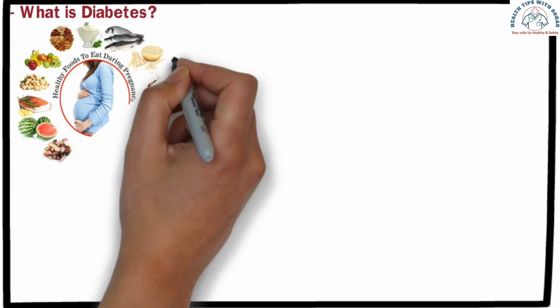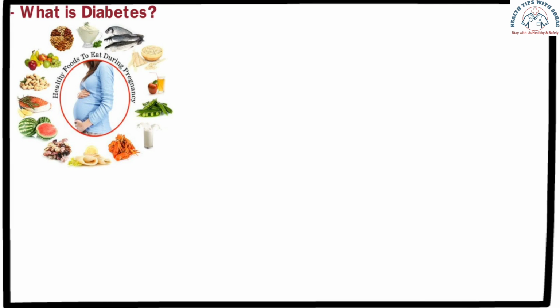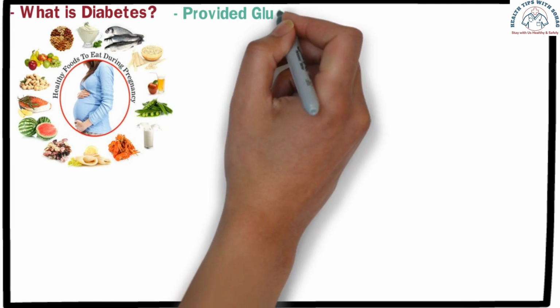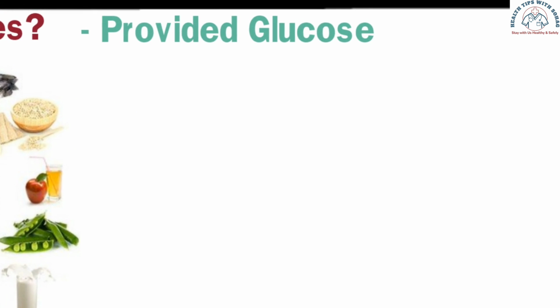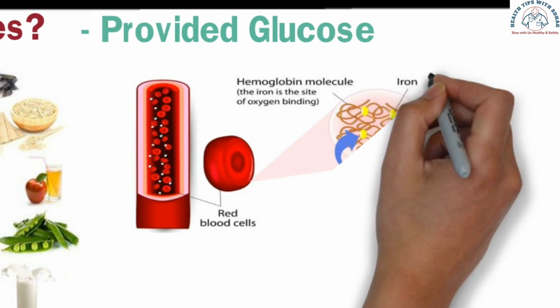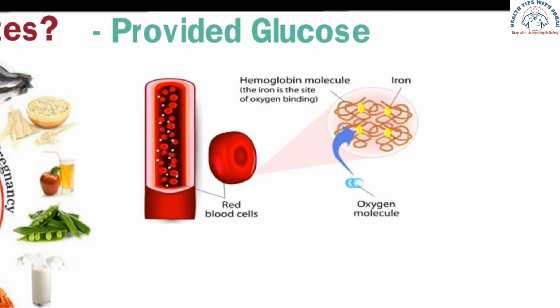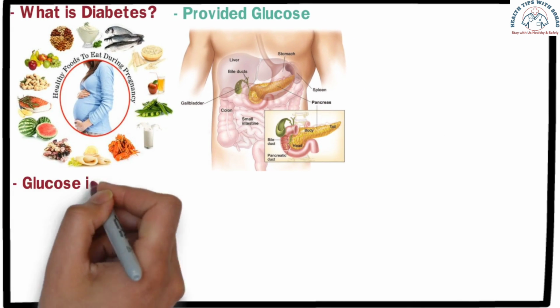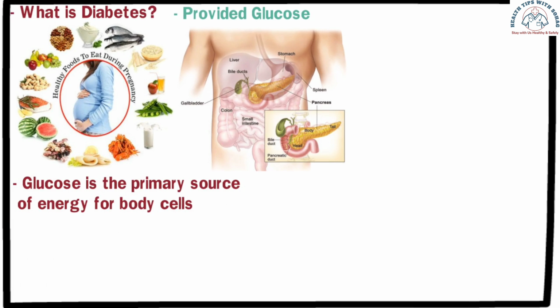Let us begin. What is diabetes? To sustain life, we consume food, which provides an essential nutrient known as glucose. This glucose is absorbed from the digestive system into the bloodstream, increasing blood glucose levels. Glucose is the primary source of energy for body cells, but it cannot enter cells on its own. The hormone insulin, secreted by the pancreas, enables glucose to move from the bloodstream into body cells, where it is